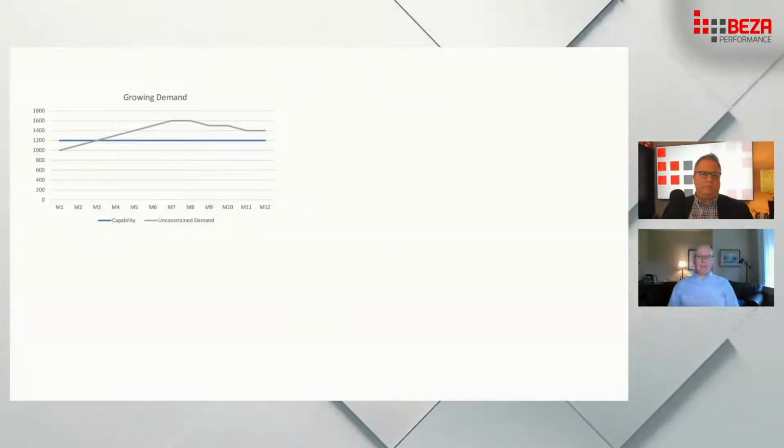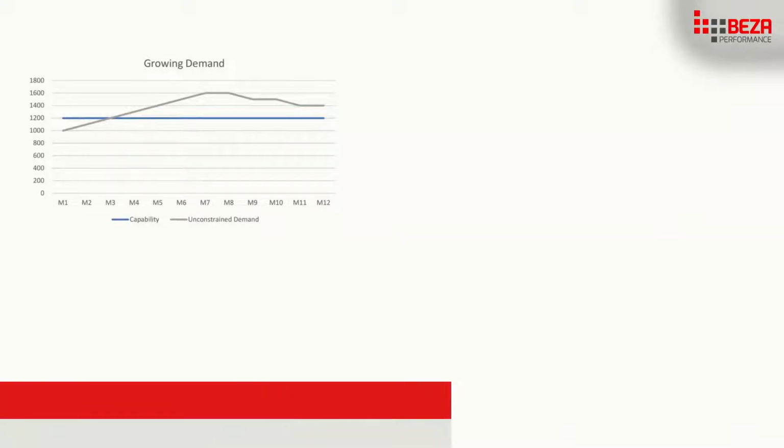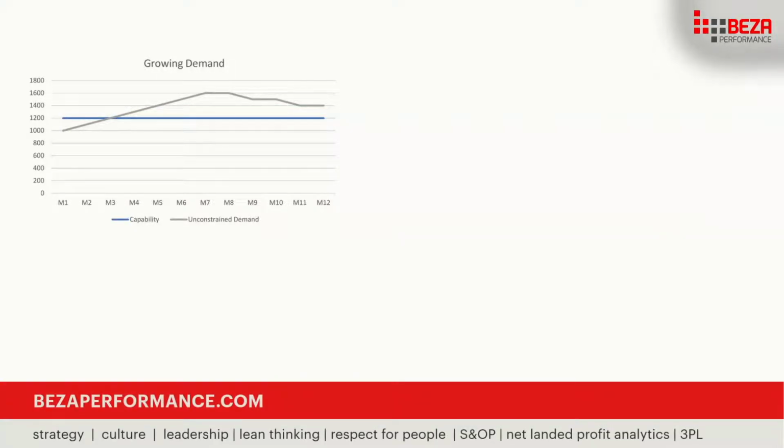I don't know how well it is to see these charts. You might want to pull us off the screen for a second. And these are just real simple. But if I looked at it, that blue line is my constraint line. And in the situation that I have here, you probably can't see my cursor, right, Marshall? But anyways, if you look at that blue line, that's my constraint level. And if I've now got my unconstrained demand,